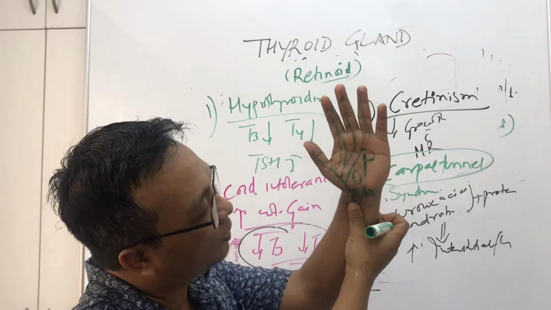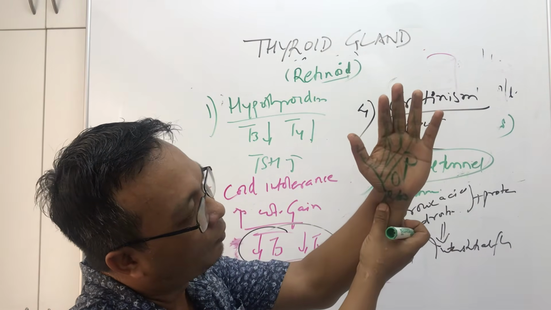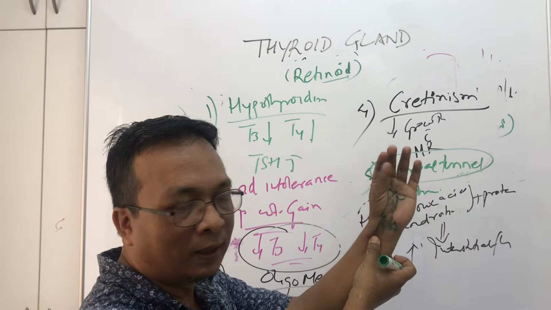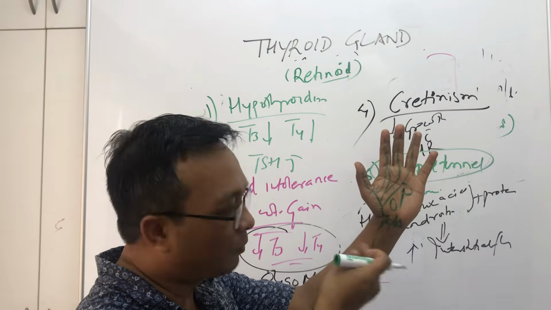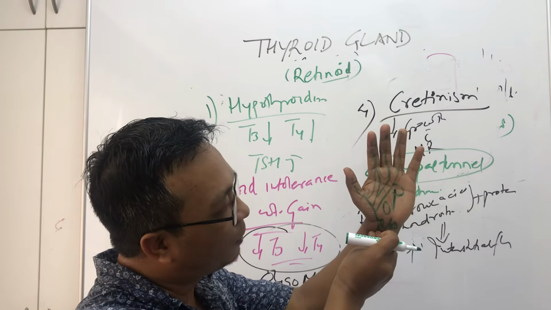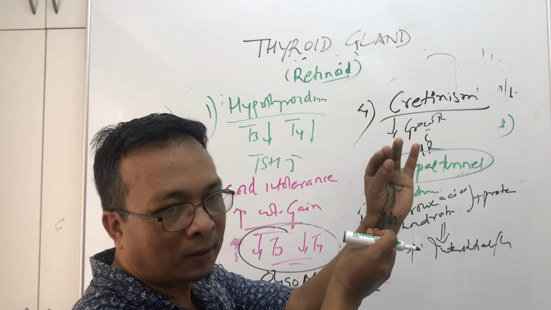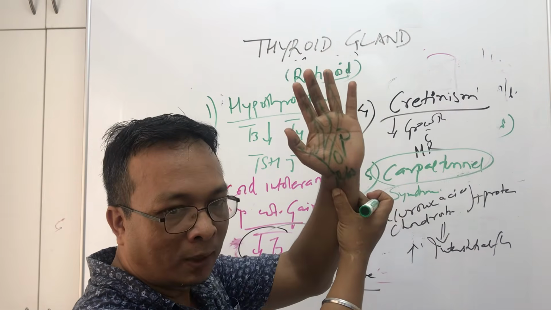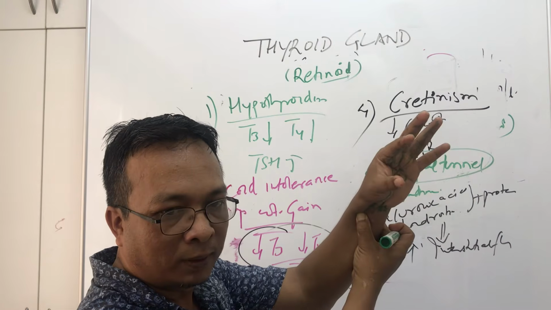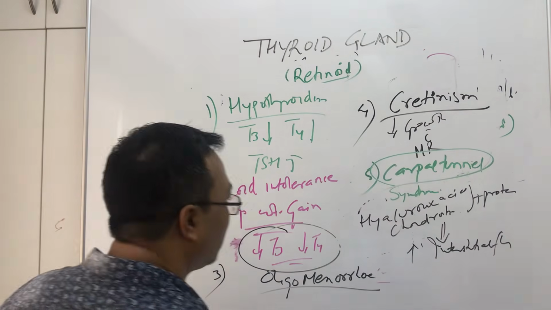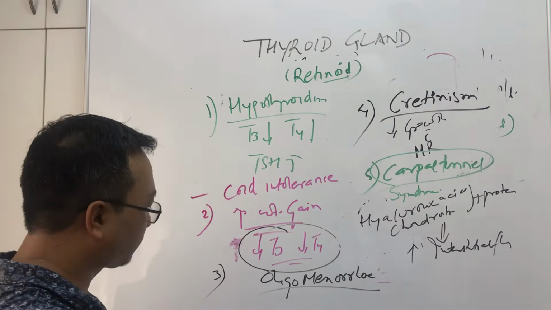So if you compress this median nerve right here, you'll feel some tingling sensations, even if you're compressing the median nerve like this. And when in the long run there is edema here compressing the median nerve, these 3 fingers become weak. Even if I press my median nerve with my thumb, my 3 fingers become weak. I cannot grip now. It becomes very weak. So that's the concept of carpal tunnel syndrome.